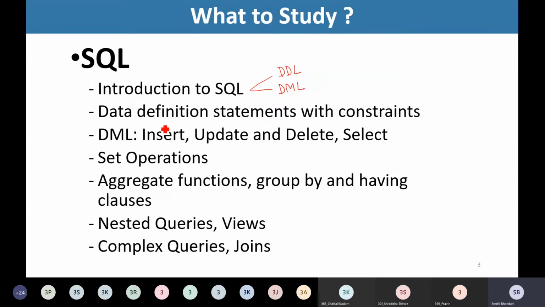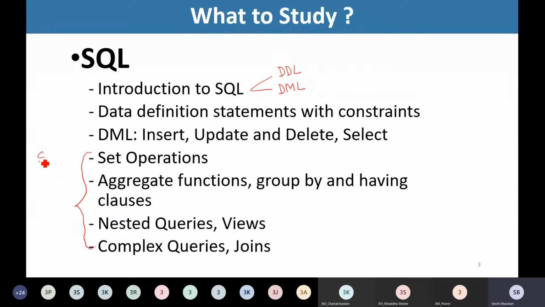So we are going to look at data definition statements and also the data manipulation language statements. Those include insert, update, delete and select. Further, in this part of the unit, we are going to focus upon several variants of the select statement.